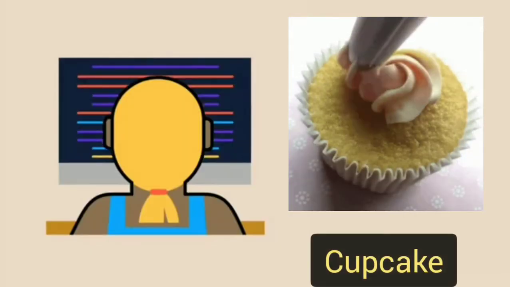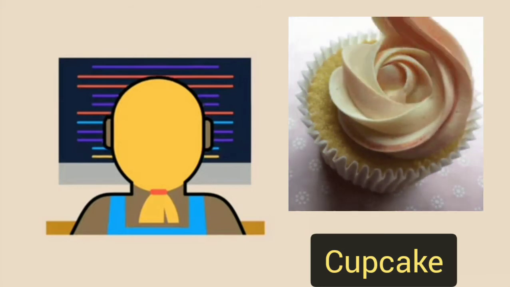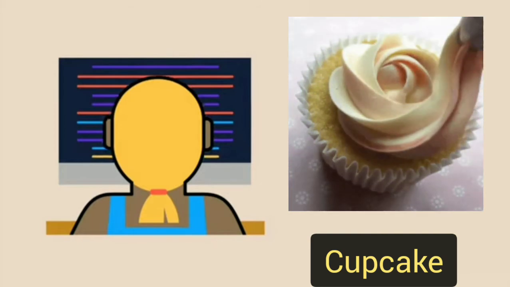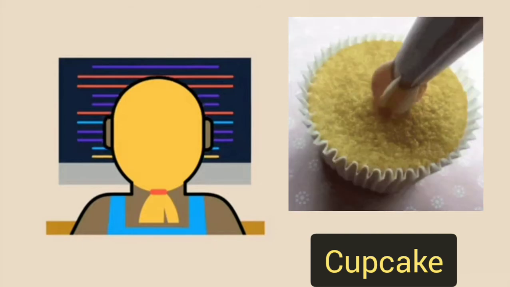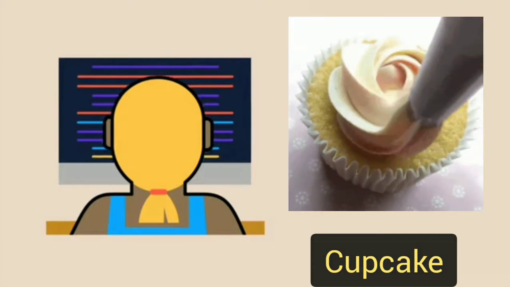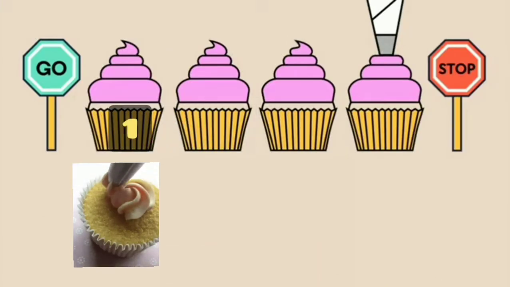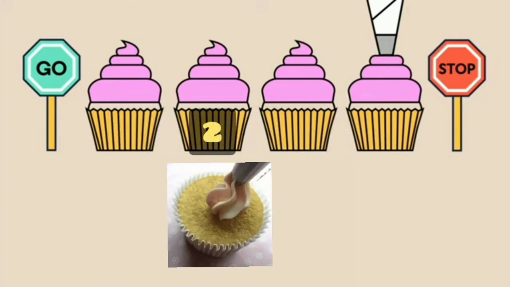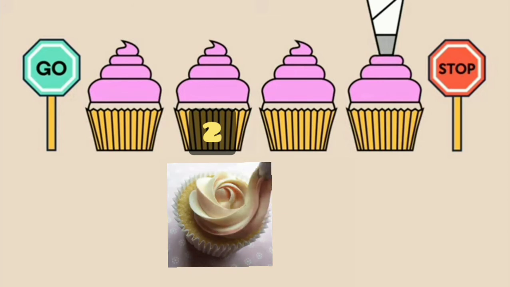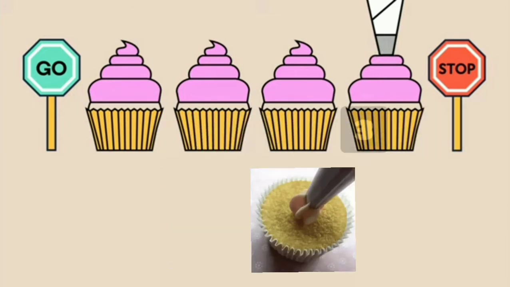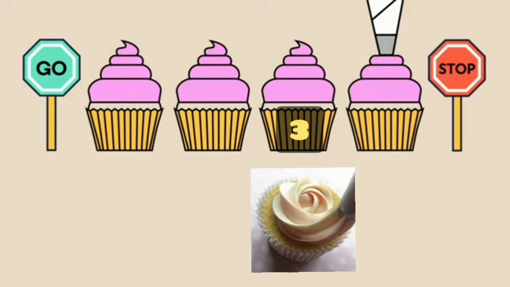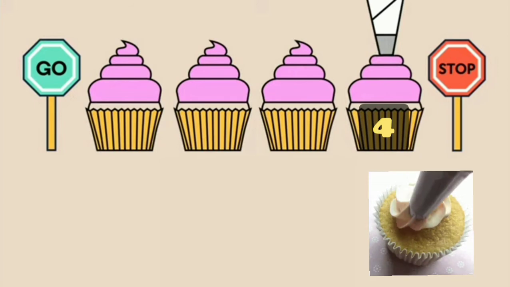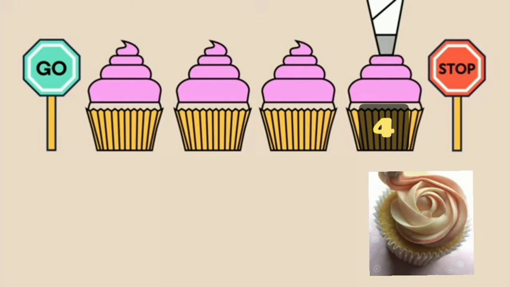Let us consider the case of filling cupcake. Let's consider this as a program. So filling process is same for all the cupcakes. Let's take the condition as filling 4 cupcakes. So initially we will fill the first cake, and after completing the filling, we will move on to the second cake. So each time this filling process is counted. We have to repeat this for 4 times for 4 cakes. Because that is the stop value, we have to check for the condition accordingly.